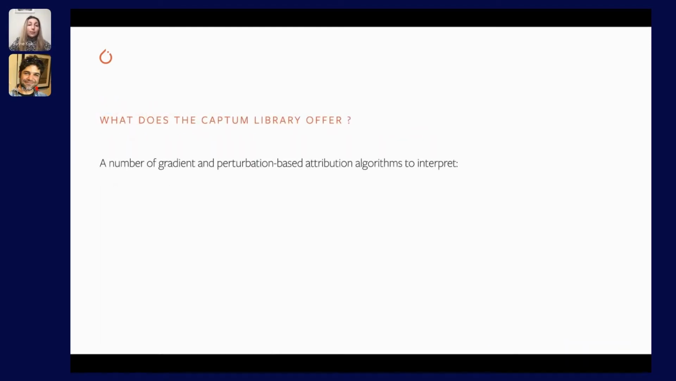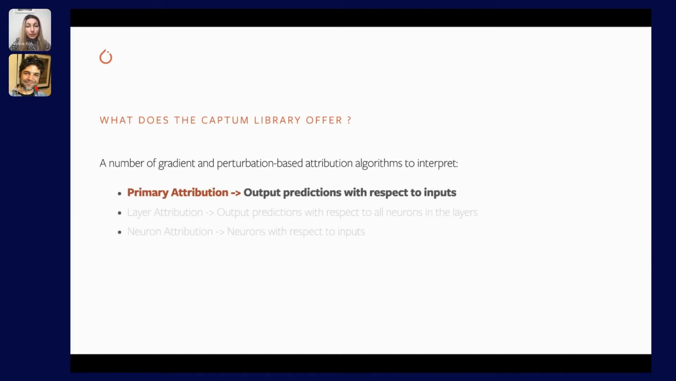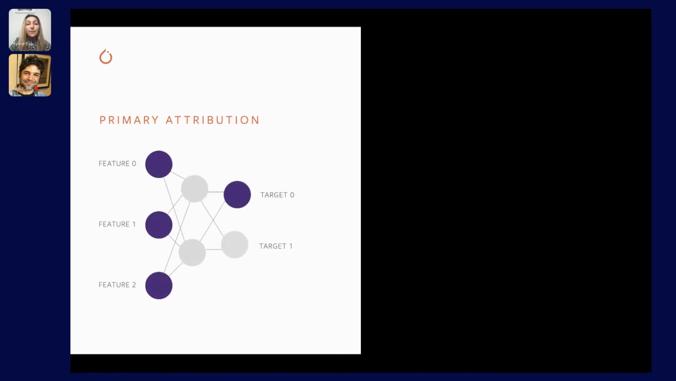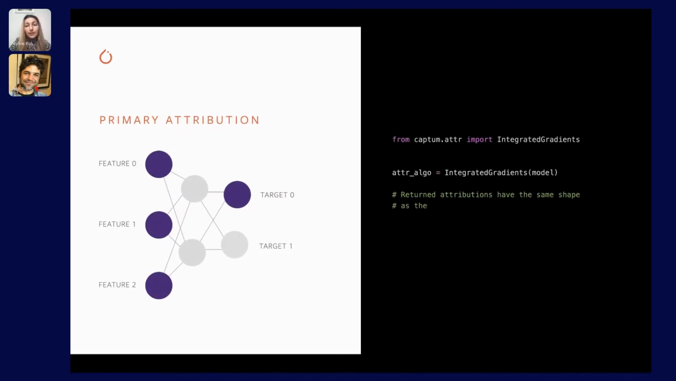One of the core components of the Captum library is the attribution algorithms. We have a number of gradient and perturbation-based attribution algorithms that help us to interpret our model internals or input features. And we categorize them into three big groups. The first group is primary attribution. These methods help us to attribute output predictions to the inputs of the model. In this case, we use the integrated gradients algorithm to attribute the target class, target 0, to the input features,